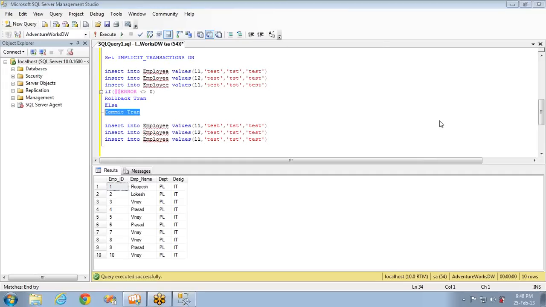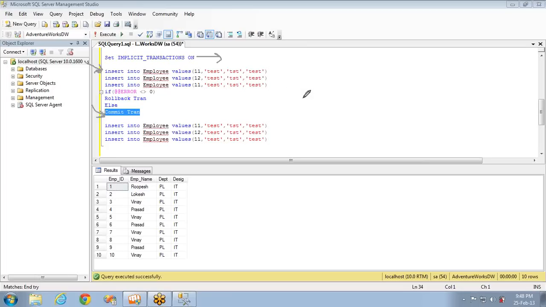So you don't need to specify the begin transaction. That's the only advantage of implicit transactions. Once this particular part is executed, the first statement will be treated as the starting point of the transaction, and it will go up to the last point, that is the commit or rollback of the transaction.